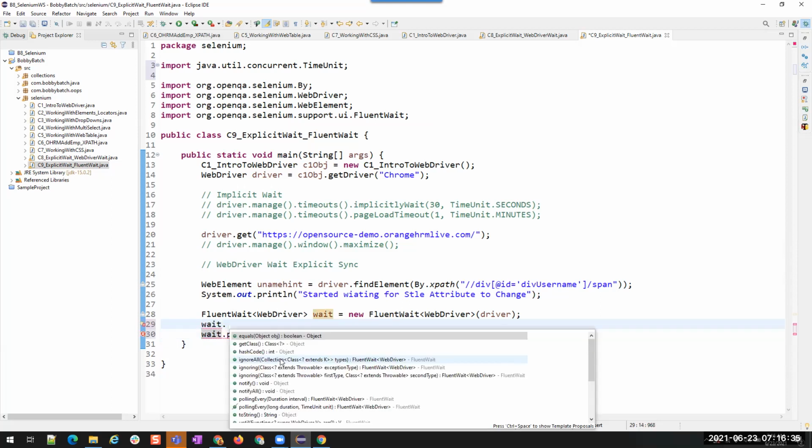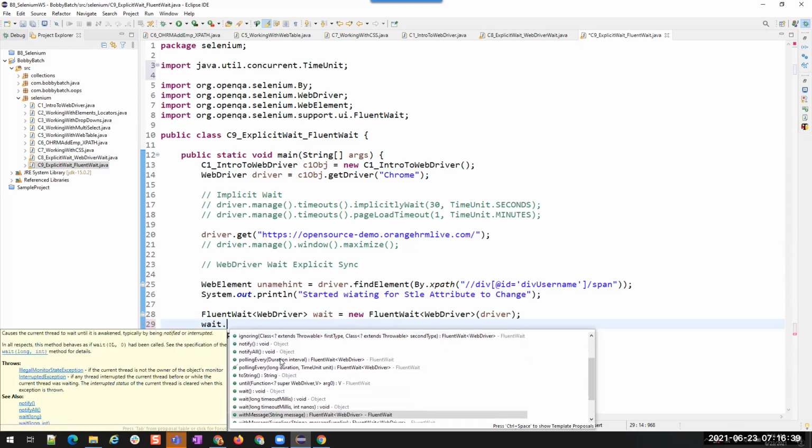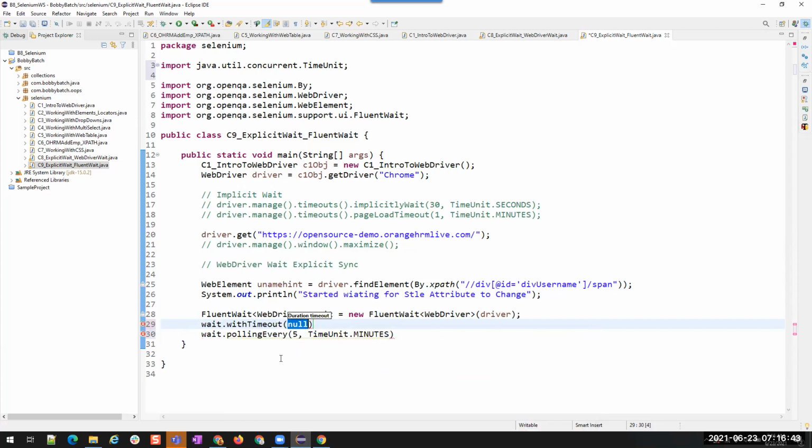Wait dot withTimeout. The first one should be withTimeout. I have to wait for 5 minutes until the timeout. TimeUnit dot minutes. I want to wait for a total of 5 minutes.